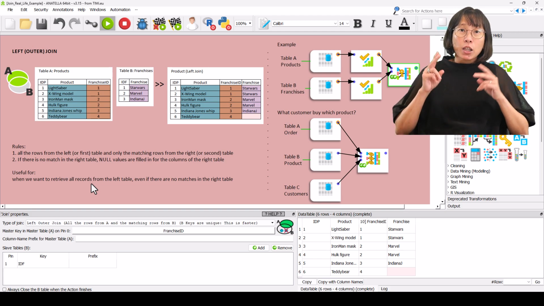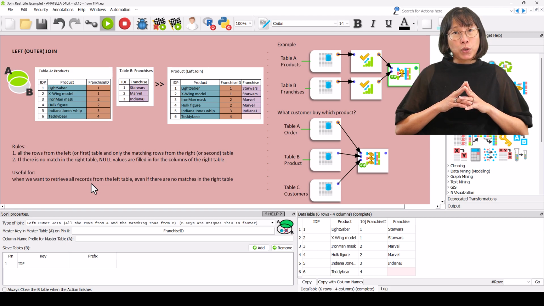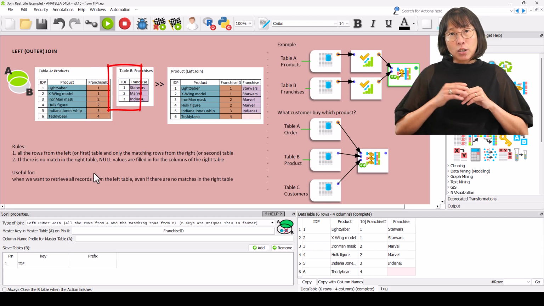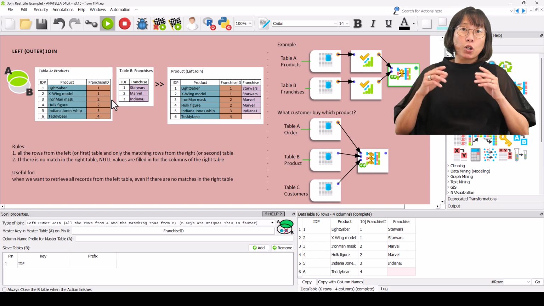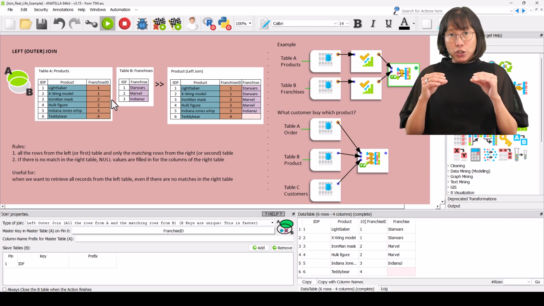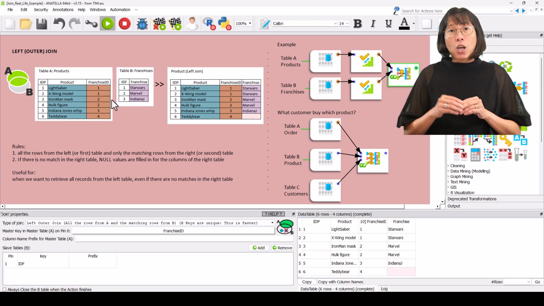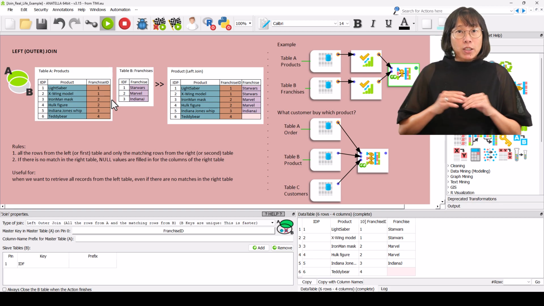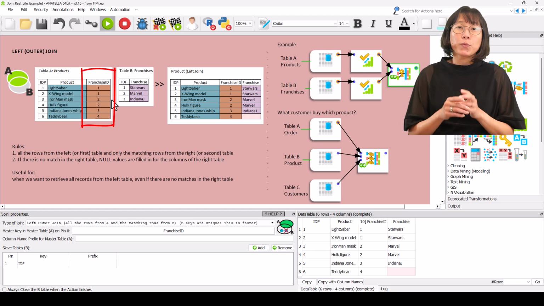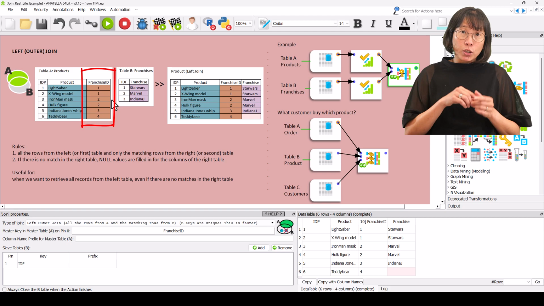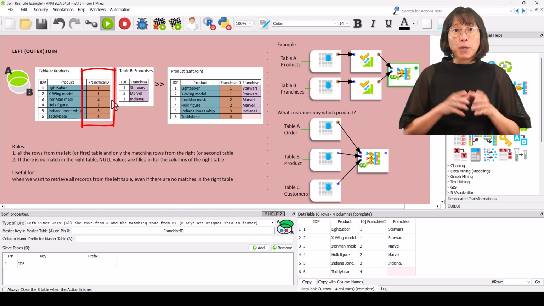More precisely, the two key columns that we'll use for this join are the column franchise ID inside the master table and the column IDF inside the slave table. We already talked about the column IDF a little bit earlier. We explained that the column IDF is the primary key of the franchise table and it's also the primary key of our join here. We didn't talk yet about the franchise ID column. We just said that this column is one of the two key columns used inside our join. More precisely, in the context of our join, the franchise ID column is our foreign key.